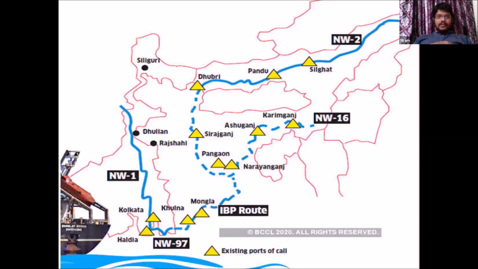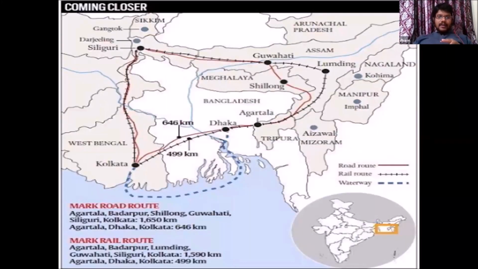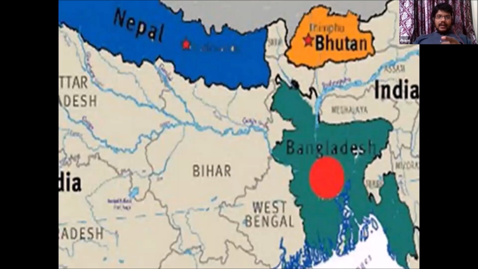So this is waterways. And similarly, I showed you that we are connecting through railways also. And then this is about the countries that are part of a corridor called BBIN. That is Bangladesh, Bhutan, India, and Nepal. In this, we have a motor vehicle agreement where goods and people can freely transit through vehicles. So this is also important and part of connectivity.